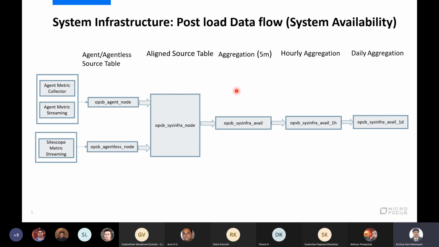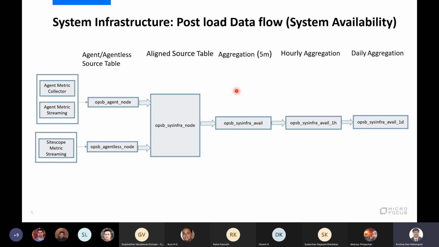As you know, there are so many components around availability, like downtime and late arrival, which we need to calculate. Sometimes the agent will be down but the system may not be down, only the agent service is down, and later they push the whole data after some time.